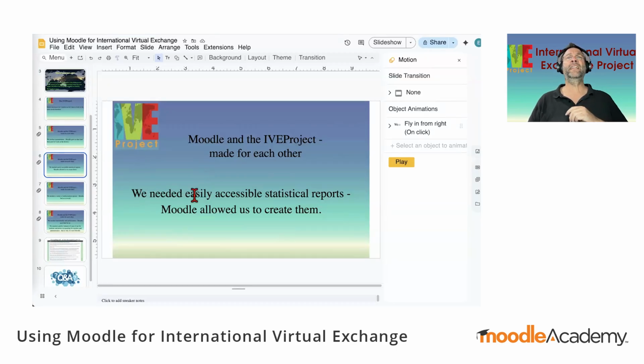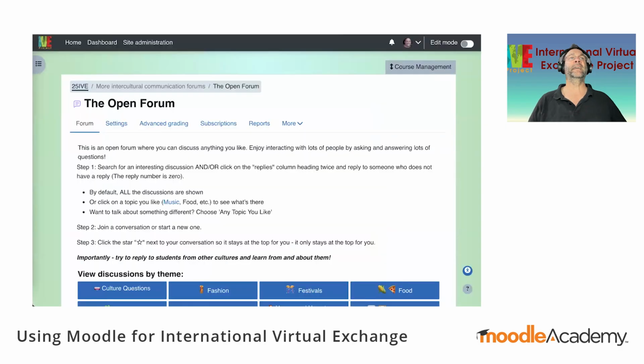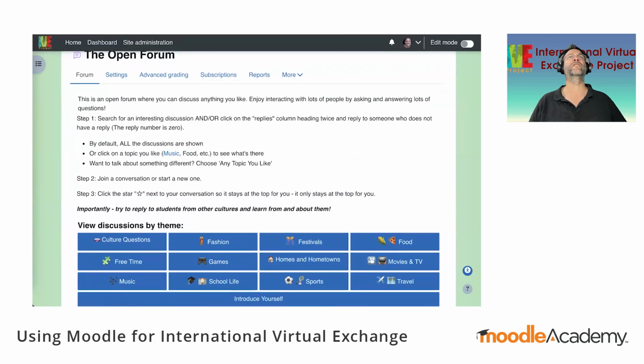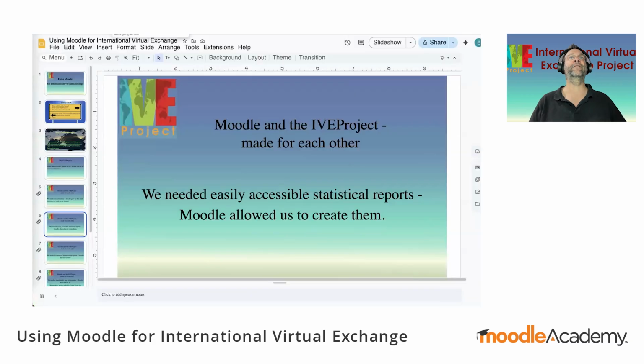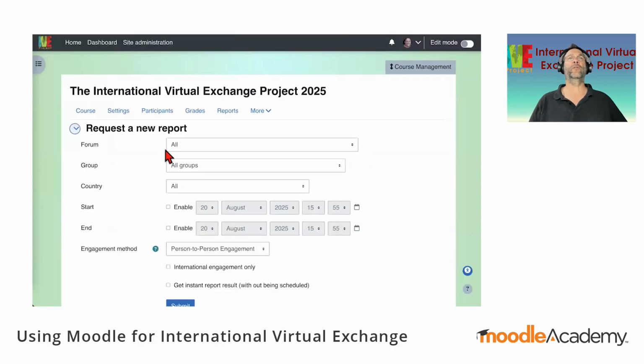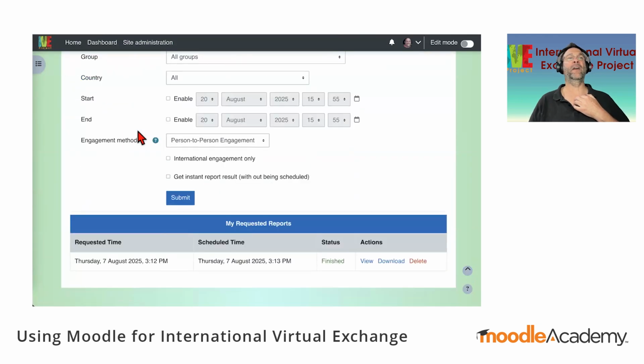Okay, so a little bit more detail. We needed easily accessible statistical reports, and Moodle allowed us to create that. So participation in that open forum. What did students do? How did they get involved? So we had this forum report created, and here you can see this forum report.